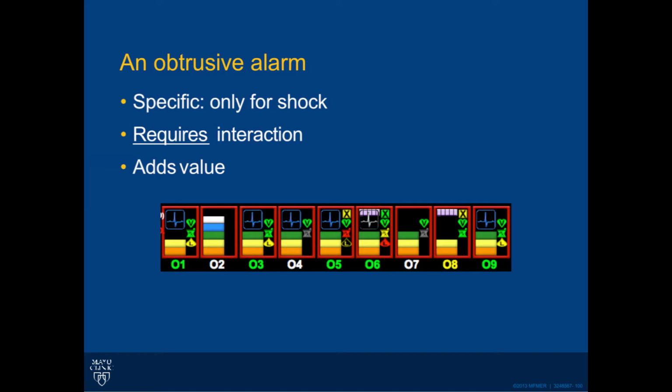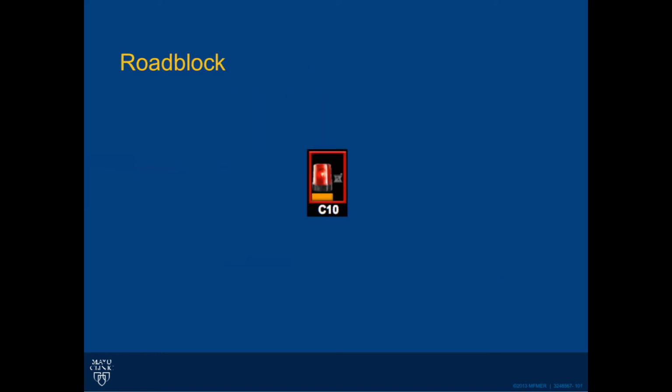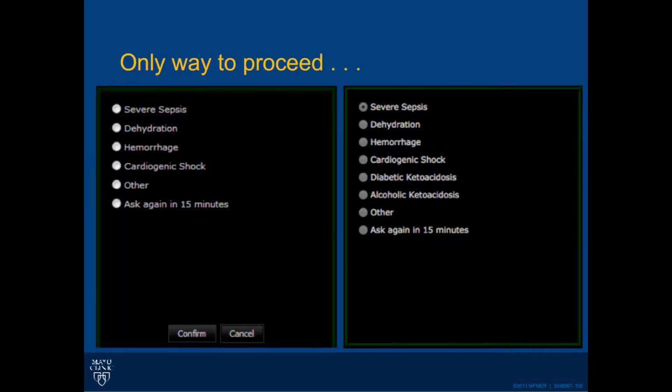This is a screenshot of our YES tracking board, and you can see this is how providers interact with a lot of information. This is how they get their vitals, look at the medications, look at lab and radiology results. Except if you have hypotension or a lactate greater than 4, then it turns into a large, annoying, flashing red siren. And they can't interact with it or do anything about it until they answer a question. What do you think is causing this shock state? Do you think it's sepsis? Do you think it's dehydration? And there are different answers for hypotension on the left and elevated lactate on the right.